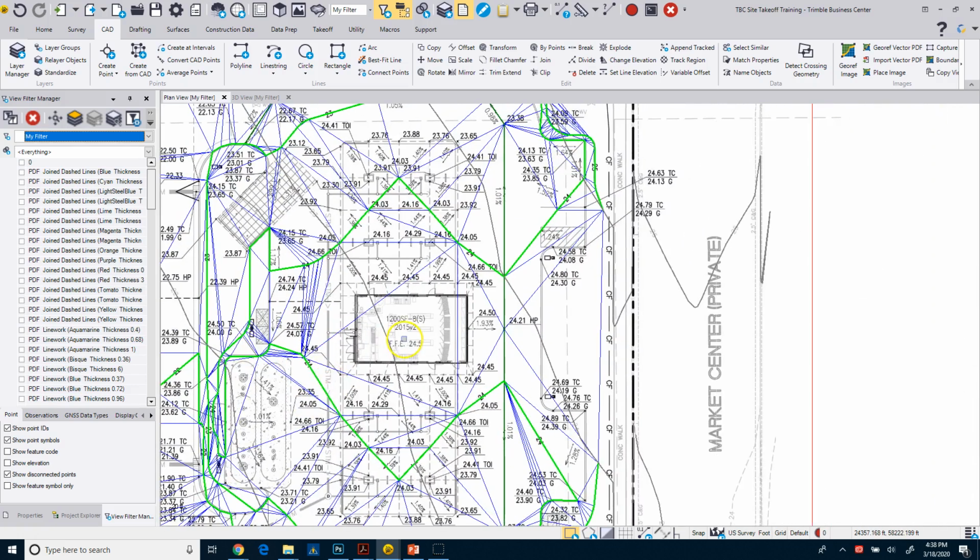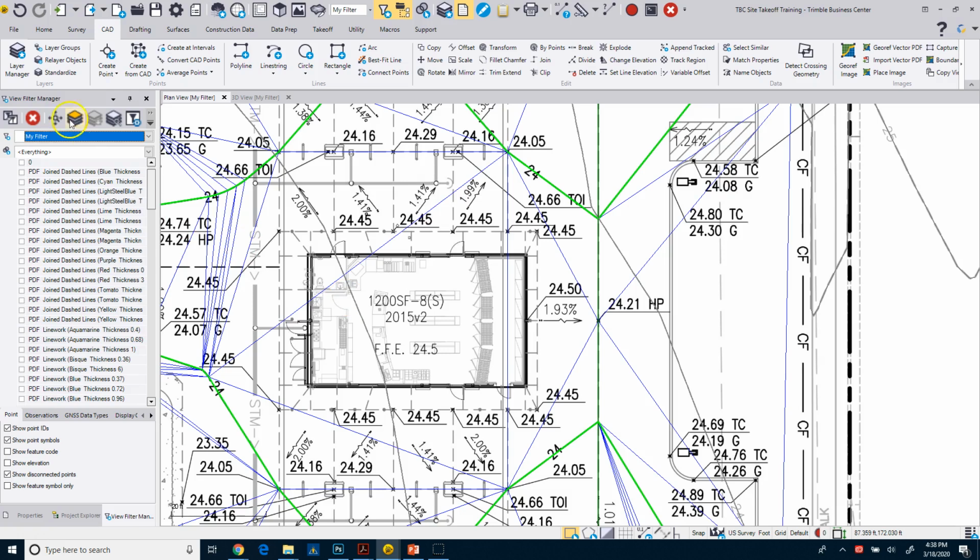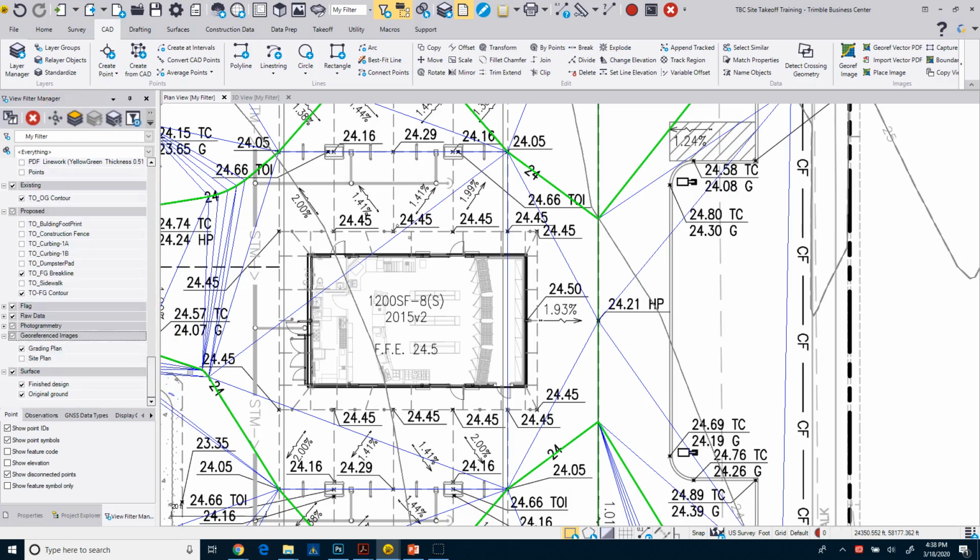So now I'm gonna come over here and we're gonna add this building. Now, we already drew in the building in the 2D layout. So let me turn on everything here. So I've got the footprint, the curb and gutter, and the building pad. So what I can do with the building pad, since I already have it drawn, is I can just elevate it to